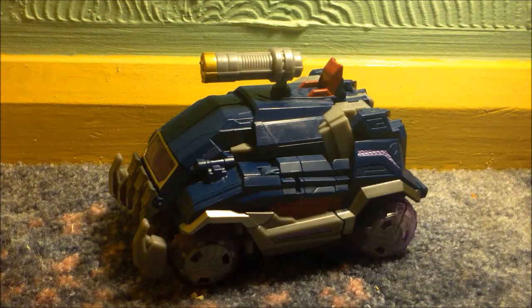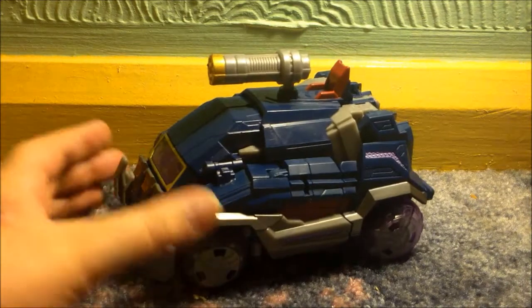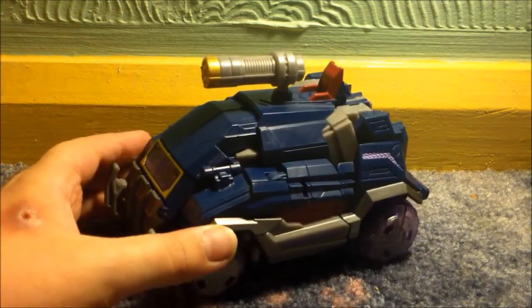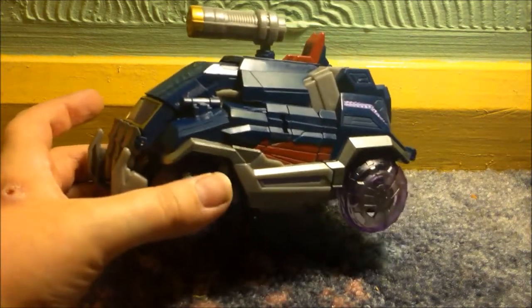Hello, and this is the video review for the Transformers Fall of Cybertron Voyager class Soundwave and Laserbeak. This figure I bought on eBay. It came all the way from Hong Kong, so I'm pretty pleased to have it. Very, very special